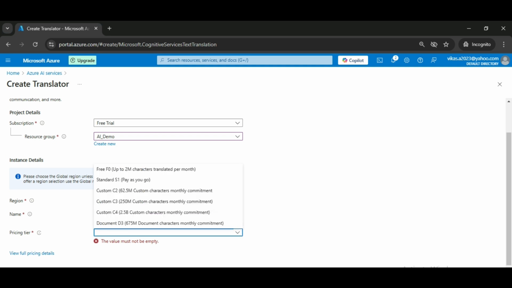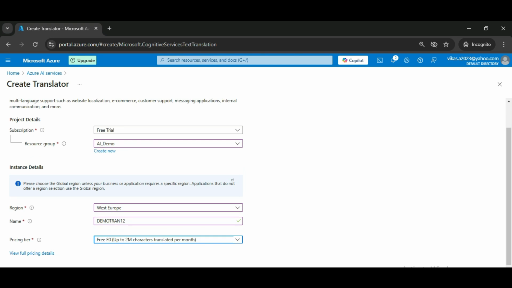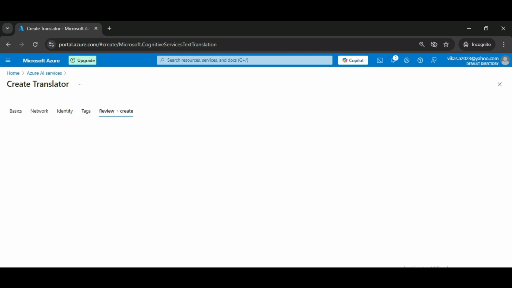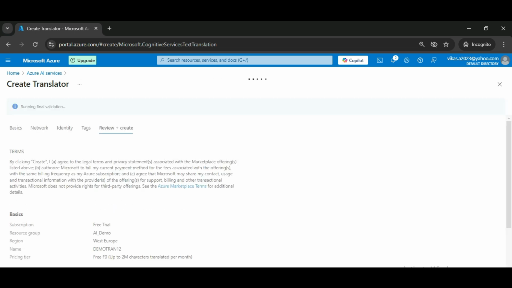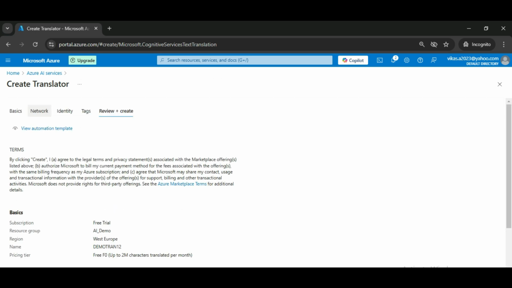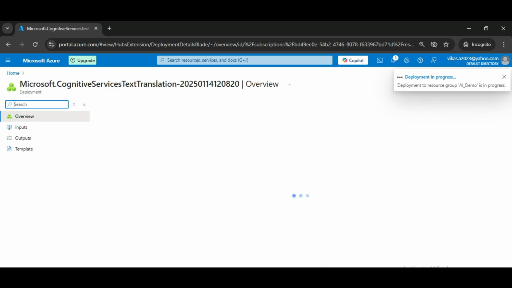The pricing tier, we'll use this free. Then let's click on the review plus create button. Again, it will validate the details that we entered. So if you see it running the final validations, I think validation is done. So let's click on the create button. So again, it will start the deployment, and it will open a new window